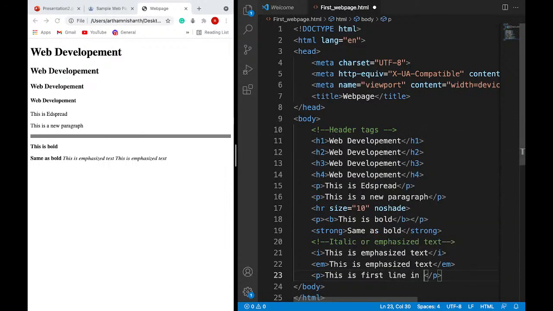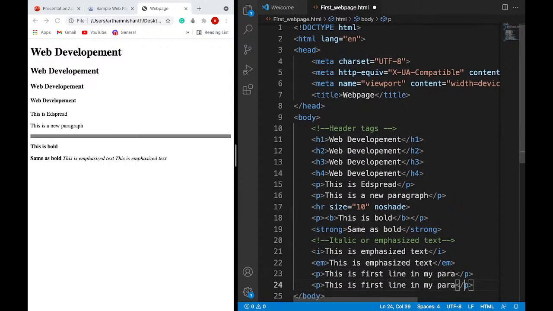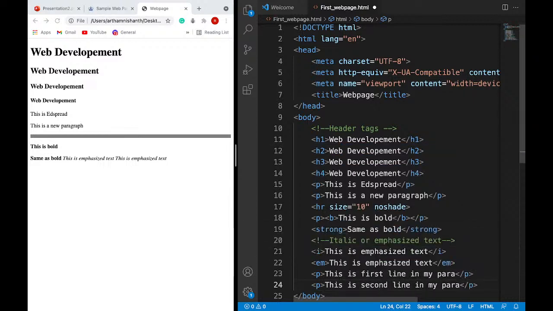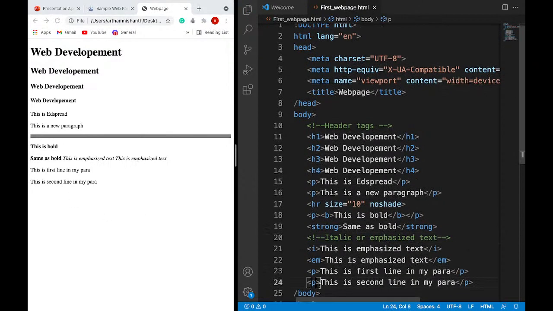First line, my paragraph. If you try to save and run it, here you go. You'll be getting a gap between them. So if you want to remove that gap, all you have to do is